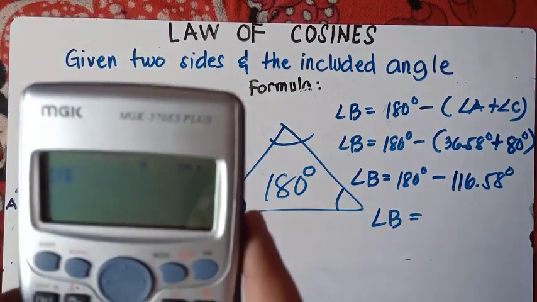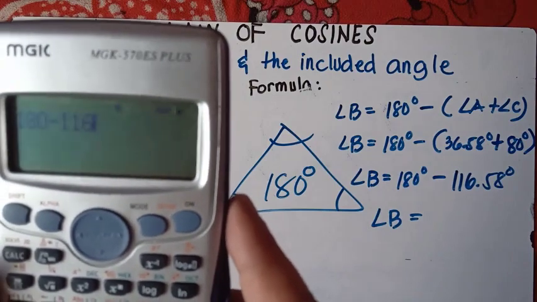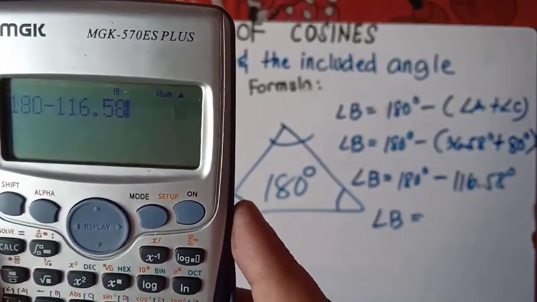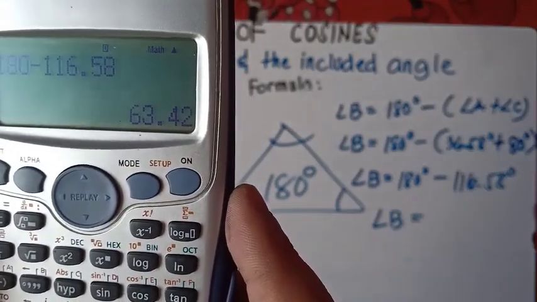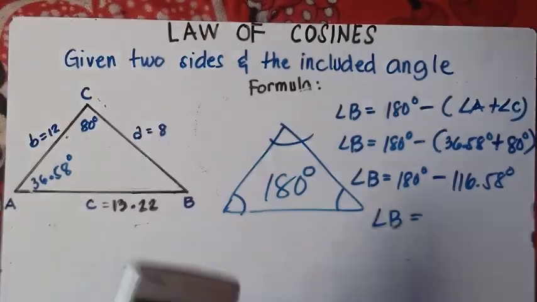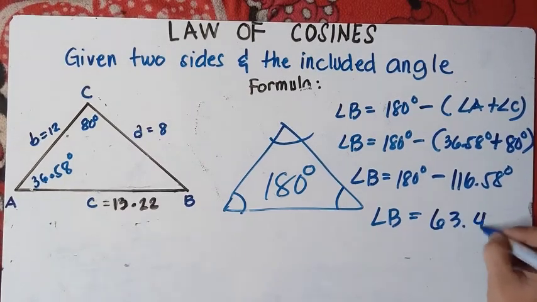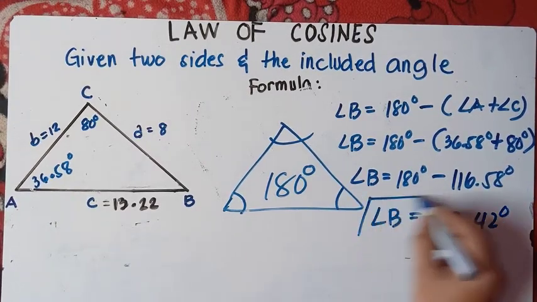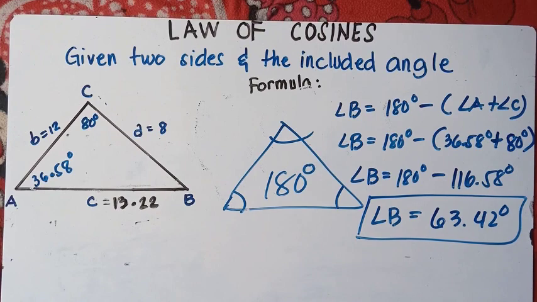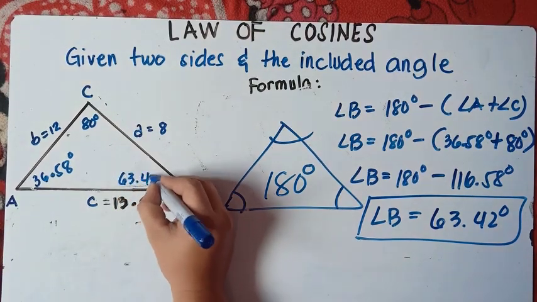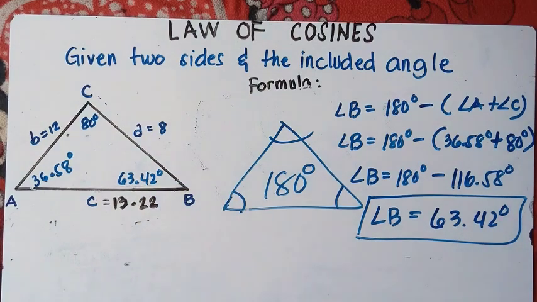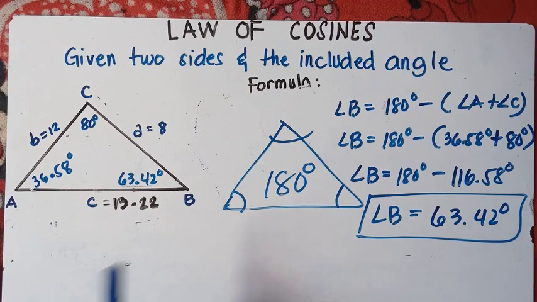So 180 minus 116.58. You click SD: 63.42 degrees. That's our angle B. Alright, so that's it, class. That's how you solve the law of cosines. So we have the angle A, angle B, and angle